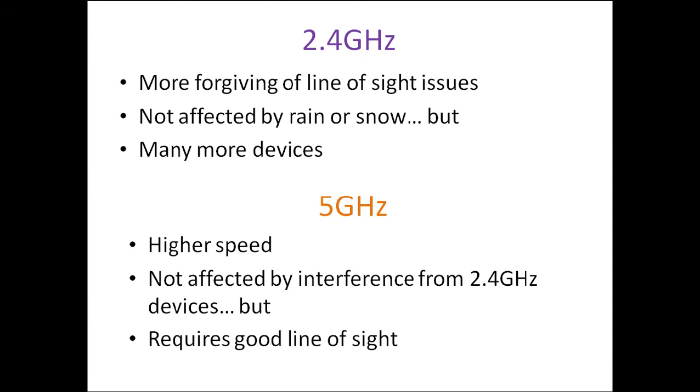But, and everyone has a big but, it requires good line of sight, meaning you need to have a clear line of sight for the 5 gigahertz. We get a lot of calls during the springtime where people say, my connection went down, it was working great during the winter and something happened. We call those leaves. When the trees start to bloom,